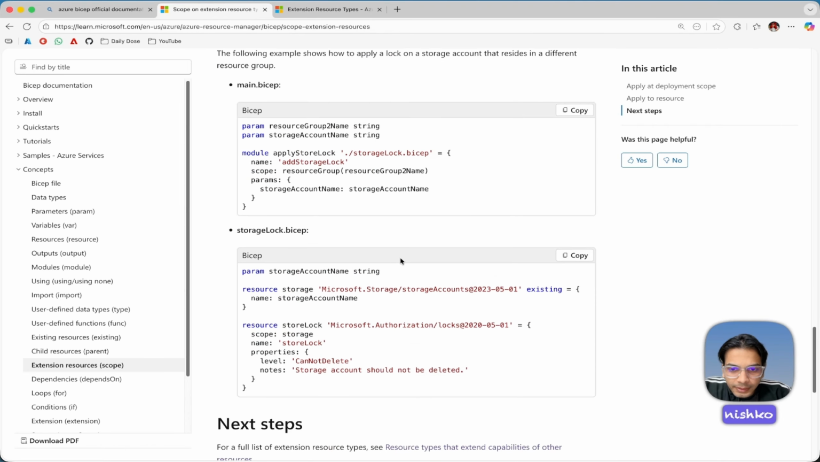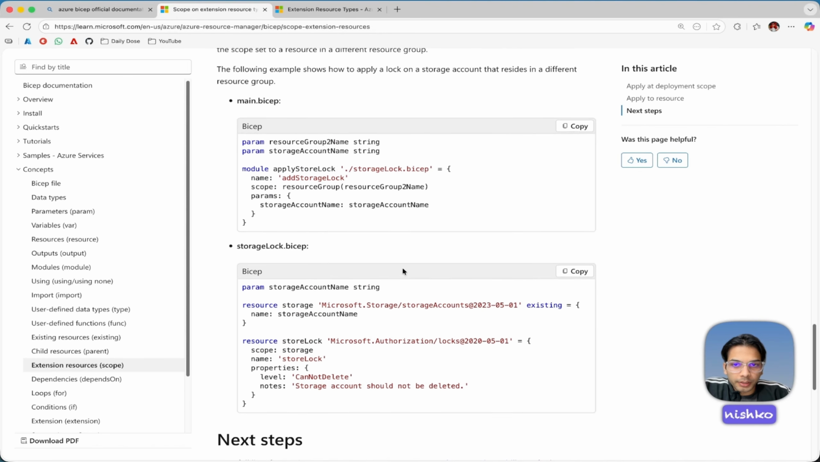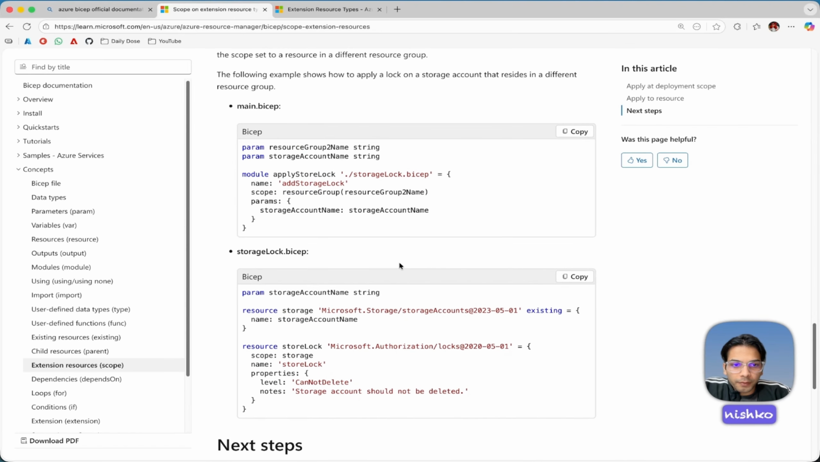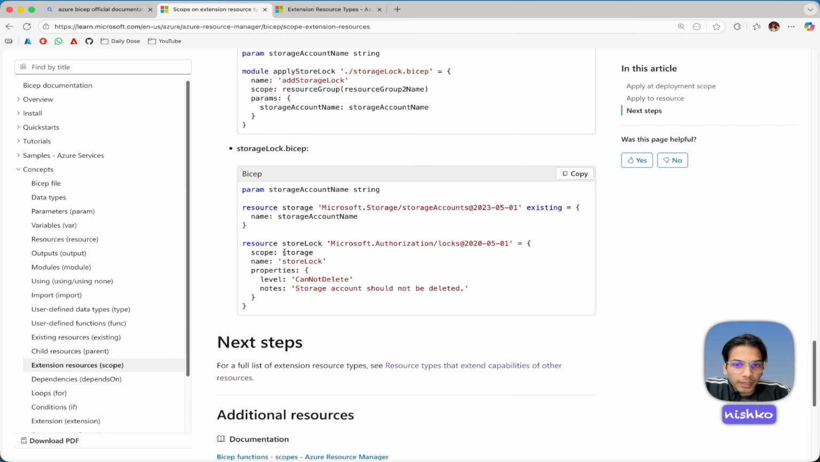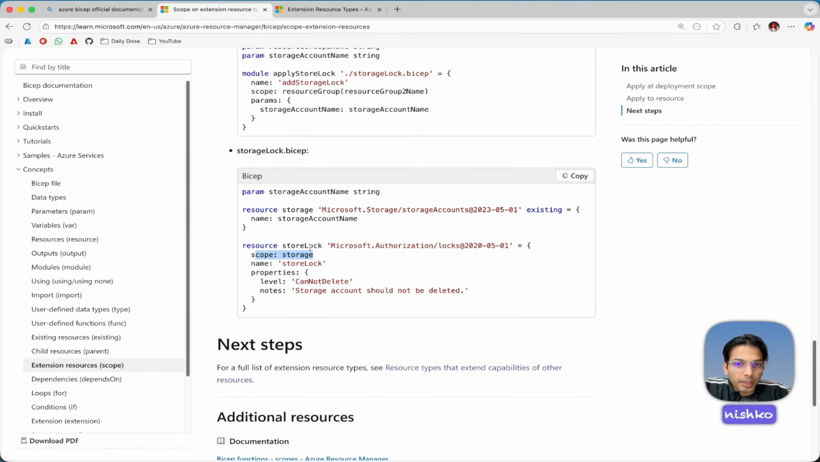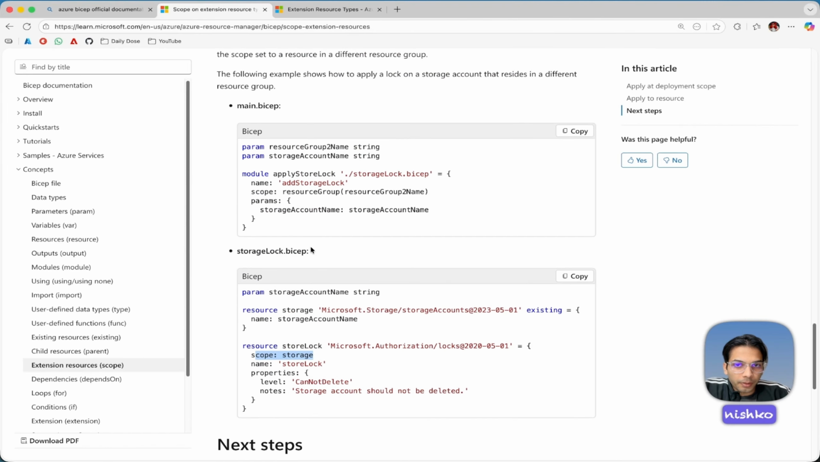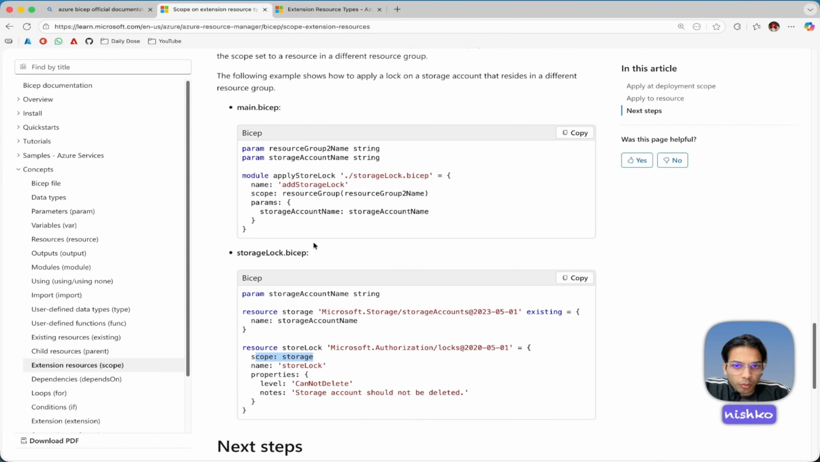So basically, okay, what I understood from here is that if you are attaching an extension to an existing resource, you have to write that reference from the previous name as a scope here, and that's how you will be able to attach the scope. So for example, in the main module, what they have done is that they have created a storage lock, and that storage lock is